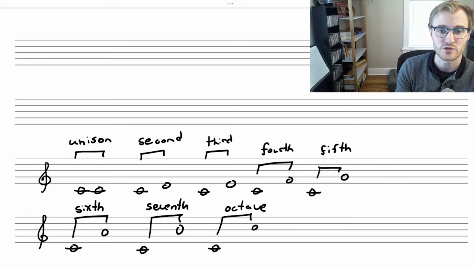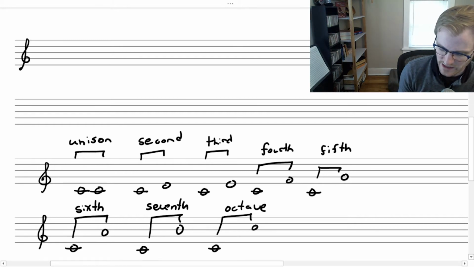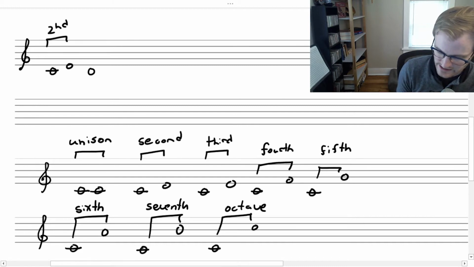So there's a really good visual trick that can help us identify whether we are dealing with one type of interval versus another. Let me show what I'm talking about. Let's add another little treble clef staff up here. And you'll notice that, for example, if I once again start on C, and I have a distance of C up to D, which would be a second, and also a distance of C up to F, which would be a fourth, or C up to A,